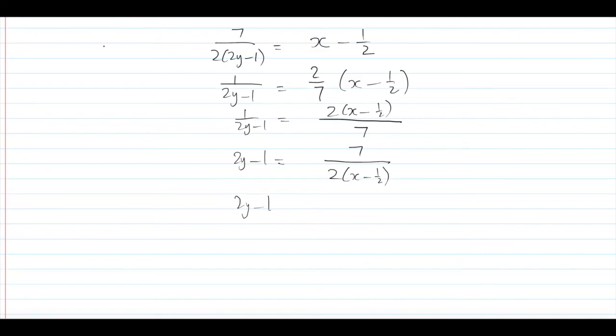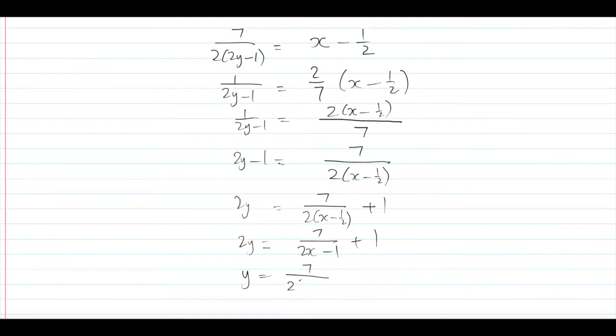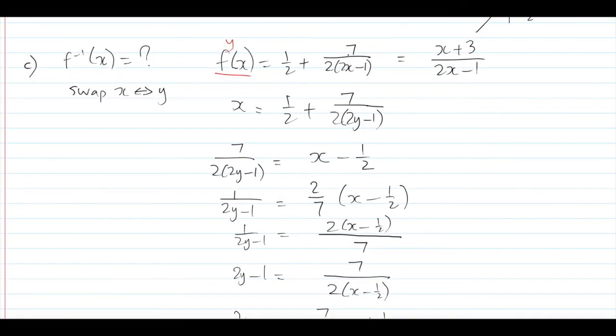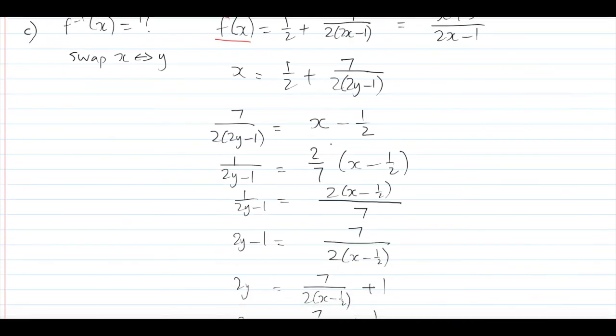Or in fact, actually, we can go 2y equals 7 over 2 times x minus a half, plus 1. And then we're going to expand this a bit, so we get 7 over 2x minus 1, plus 1. And then we divide everything by 2, and we get 7 over 2x minus 1, plus a half. And if you just look a bit, doesn't this look a bit familiar to you? So let's come back up. 7 over 2x minus 1 plus a half. If I look at my original equation, that is 7 over 2x minus 1 plus a half. So that's actually